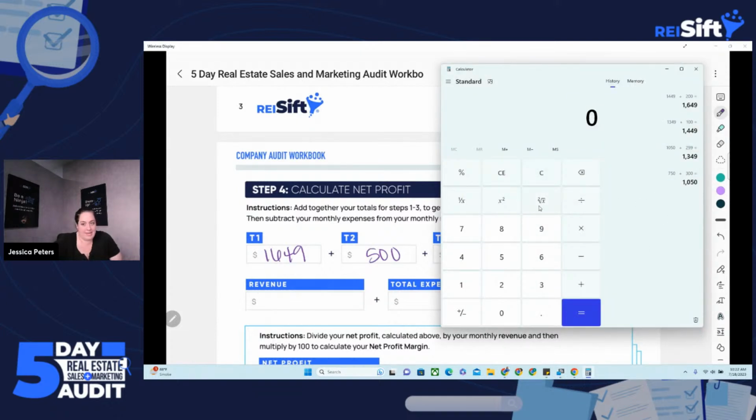Often, if you're just starting out, your expenses should be less than this. So just keep in mind, when we do net profit, if you've never closed a deal, I guess I should have asked in the beginning, where are we at? Are we brand new to real estate investment? Have we been doing it for 30 years? But if you've never closed a deal, because that question comes up sometimes, then you're just going to have a negative profit for right now. And that's to be expected.